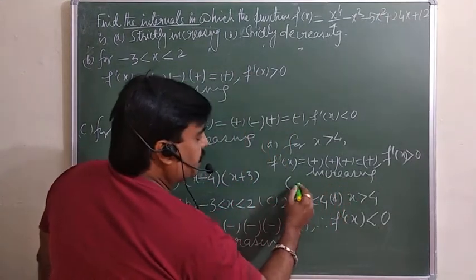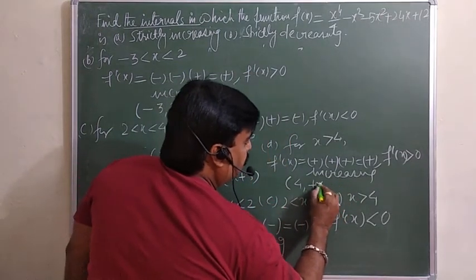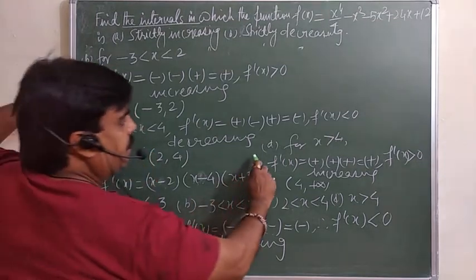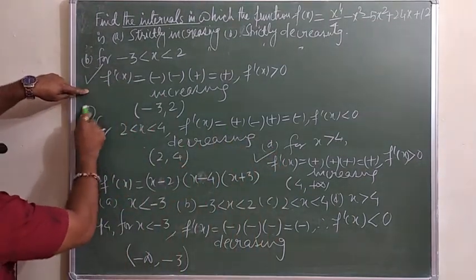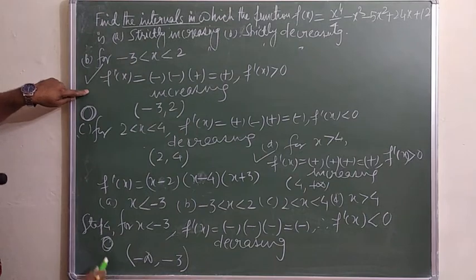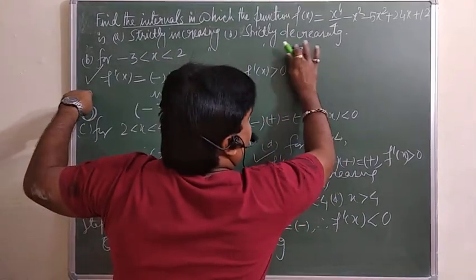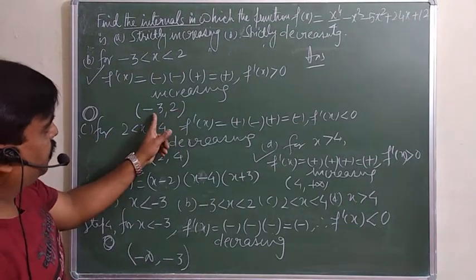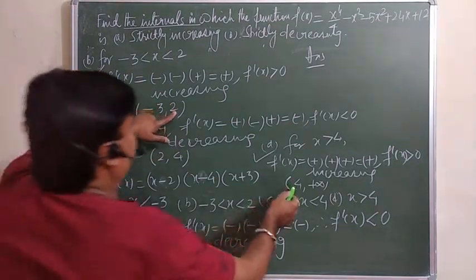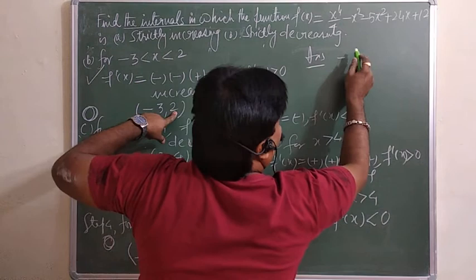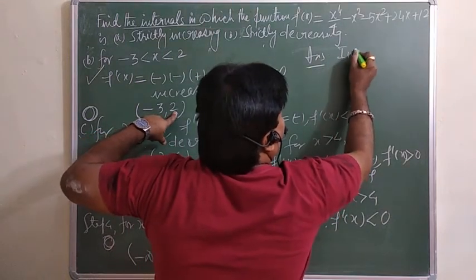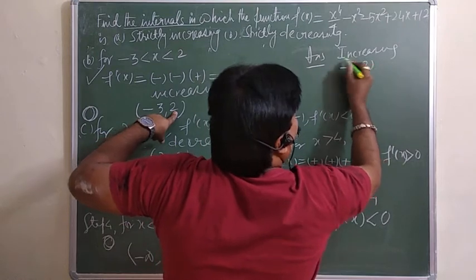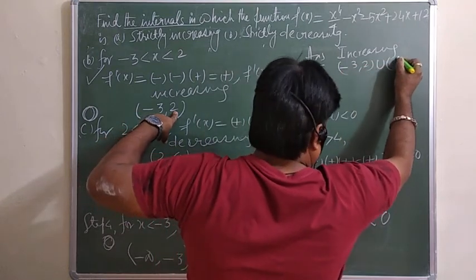In which interval is it increasing? 4 to plus infinity. See now, it is increasing here and here only, and decreasing in this one and this one. So then you can write the interval of increasing: minus 3 to 2 and this one. So you can say it is increasing in minus 3 to 2 union 4 to